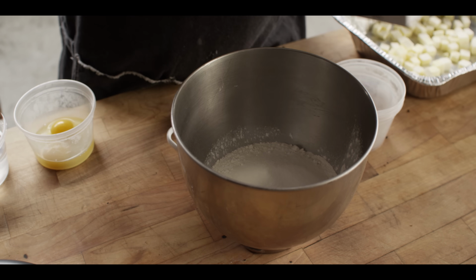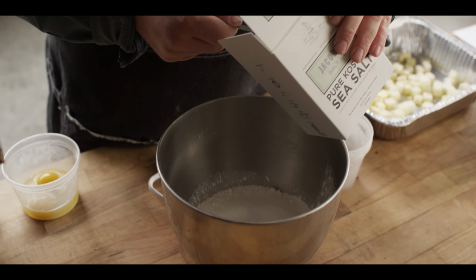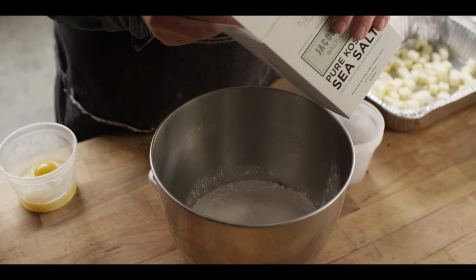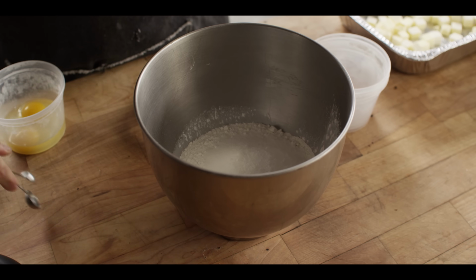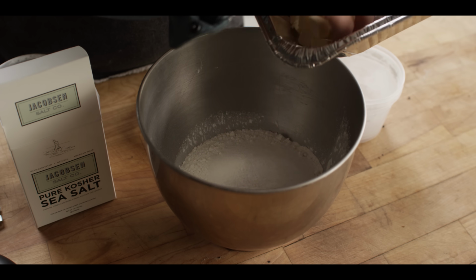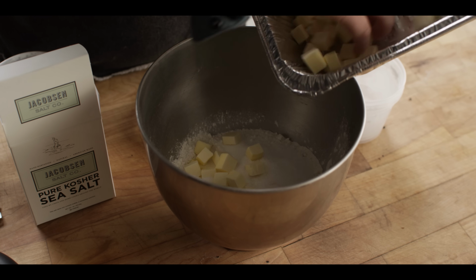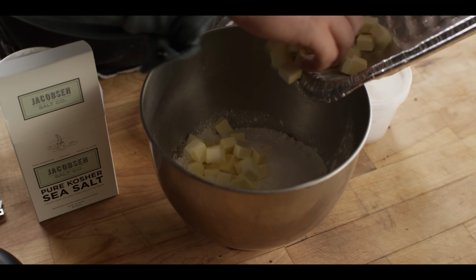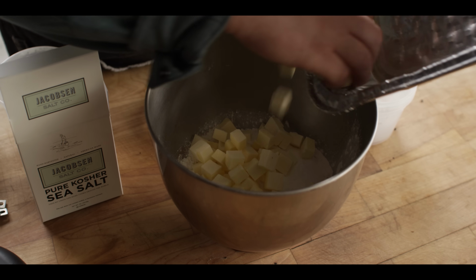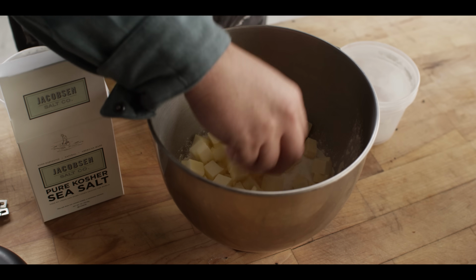So we've got flour, we've got sugar, we need a little bit of salt. We're using the Jacobsen's kosher sea salt. We're gonna do 3/4 of a teaspoon. It's light enough that that's hard to weigh out. And then we're gonna come in with our butter. We've got 9 ounces of butter, which is 2 1/4 sticks. And this is unsalted. It's been in the freezer for a while, so it's nice and hard, and that's what